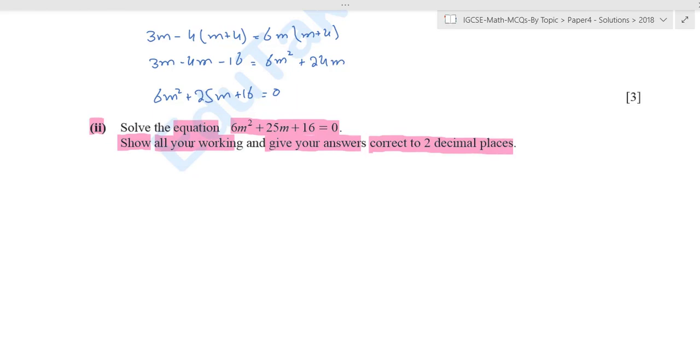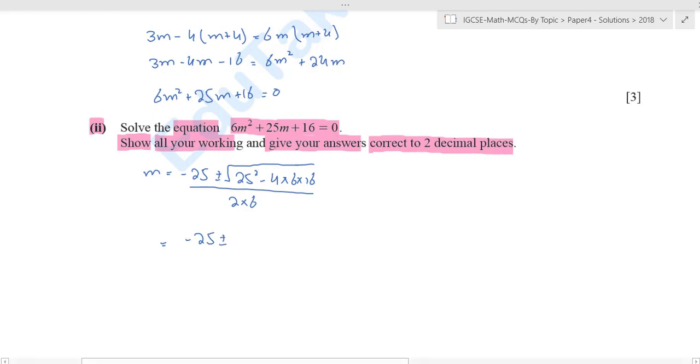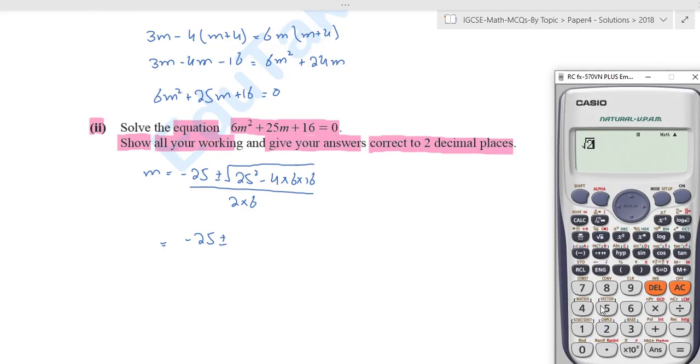By quadratic formula, m is equal to minus 25 plus minus square root of 25 square minus 4 times 6 times 16 over 2 times 6, equals minus 25 plus minus, now solving its square root, 25 square minus 4 times 6 times 16 is square root of 241